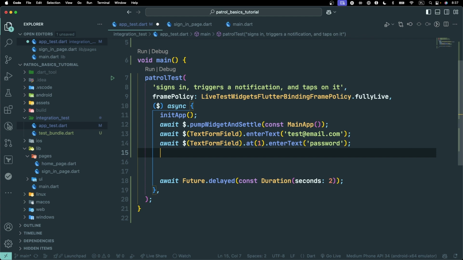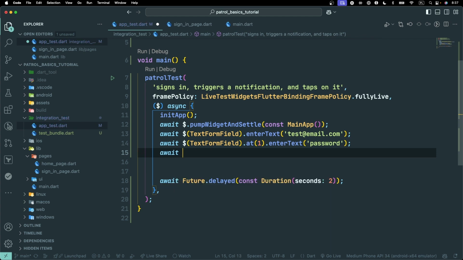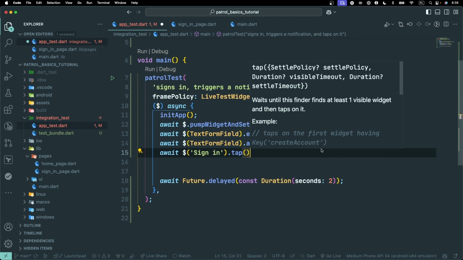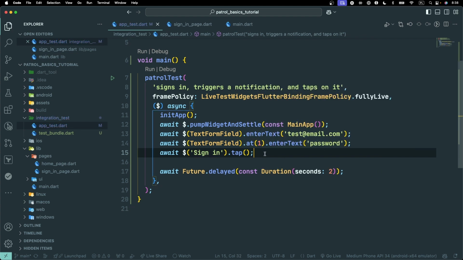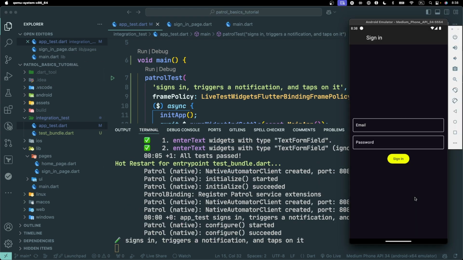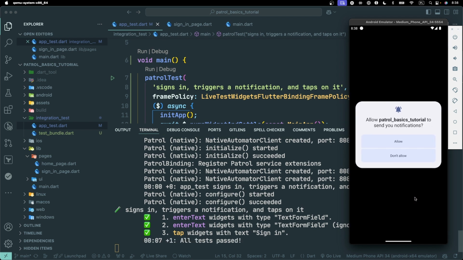And now to actually get from the sign-in screen to the home screen, we want to tap on the sign-in button. And that button has a text on it saying sign in. So we can use this finder to tap on any widget that contains the sign-in text. Now, when we hot restart the test code again,